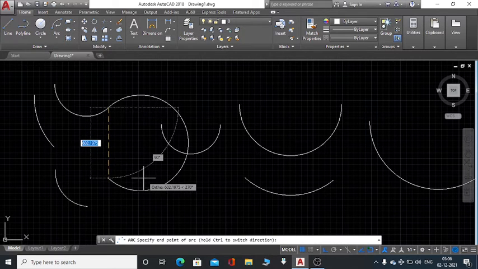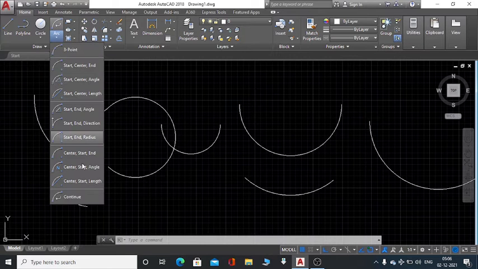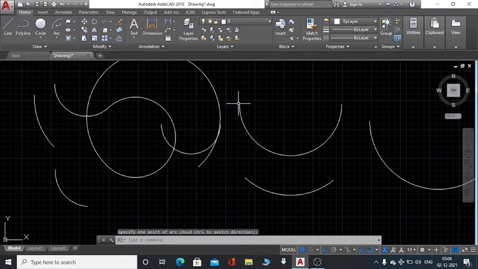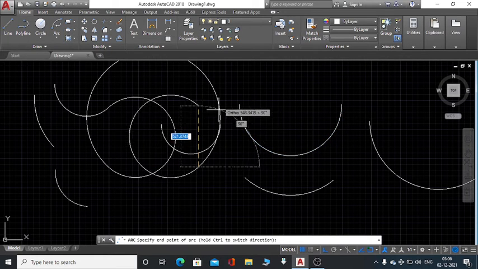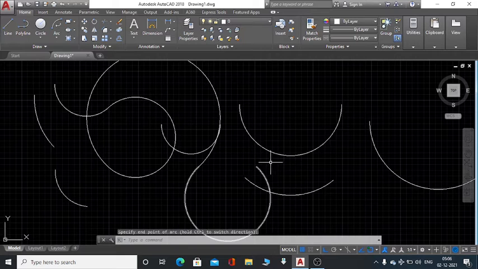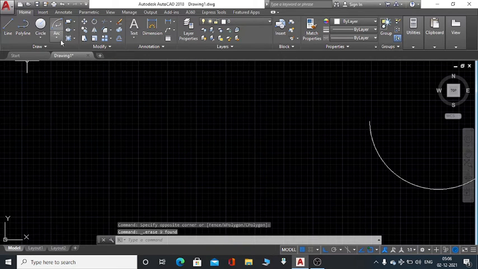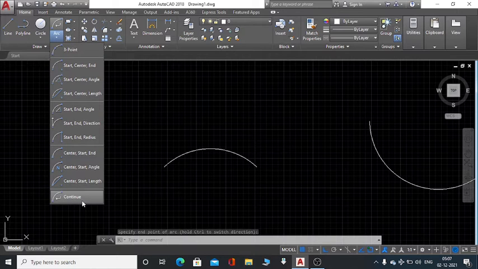Continue arc. In this I can continue drawing another arc from here. Suppose I click continue arc again. I delete all this. Continue. You can directly draw an arc in continue arc also.